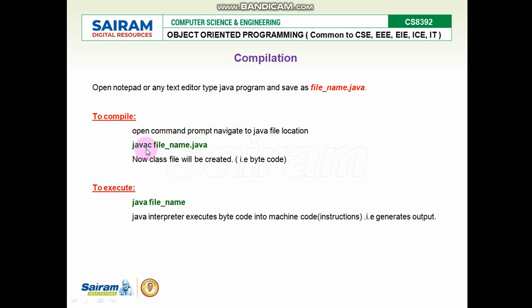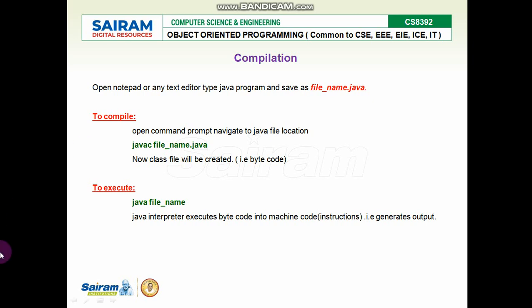javac space your file name .java, which means javac is the compiler tool, followed by the file name which you gave over there with .java. If your file name .java doesn't have any compile time error, it will be compiled and a class file, the bytecode, will be created. Once you have the bytecode, you can call the JVM to execute the bytecode or convert the bytecode into machine code.